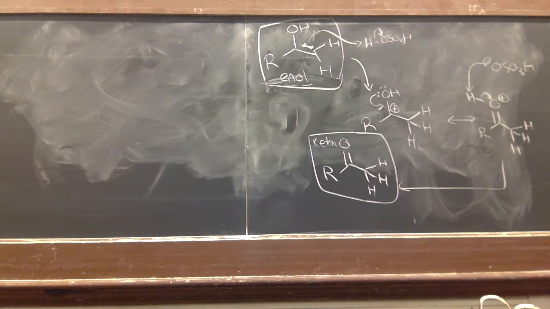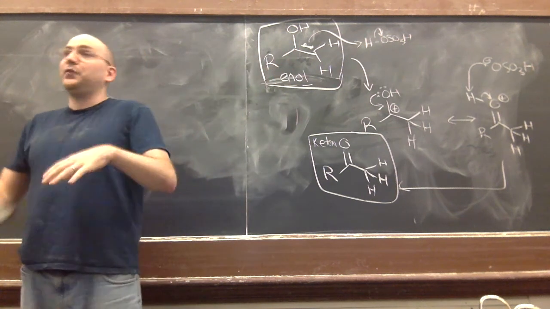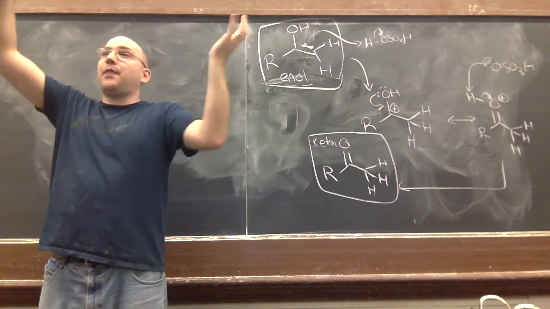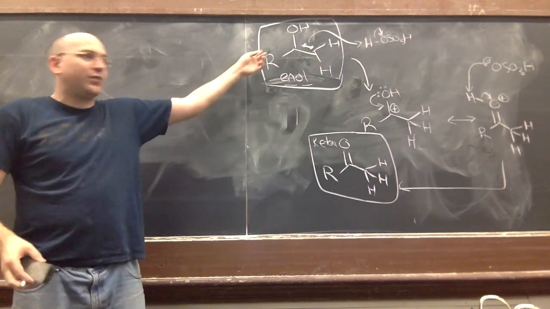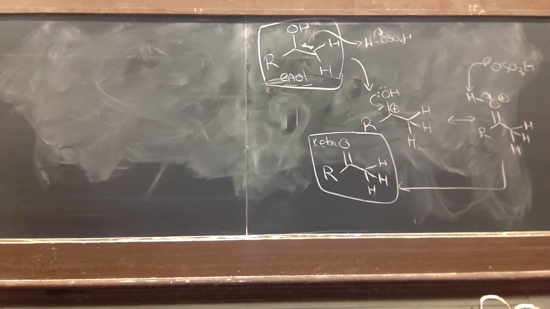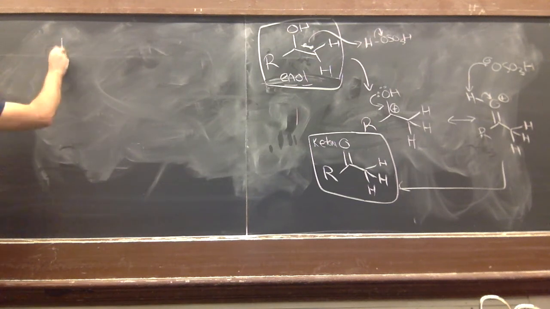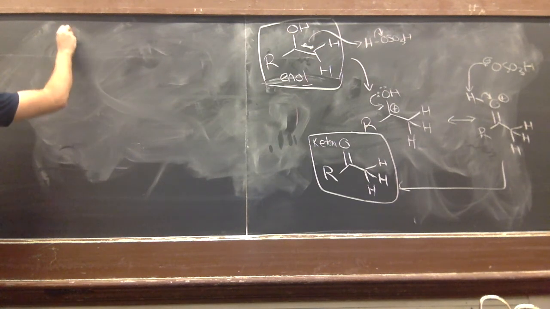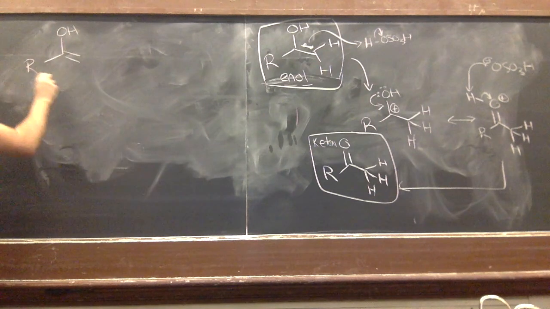Oftentimes it's very difficult to keep an enol stable, like even with just the moisture that's in the air can often be enough to facilitate the transition from one to the other, or even they can react with one another. So the ketones are a very downhill process. This idea of enol keto tautomerization, which is the name that's given to this,